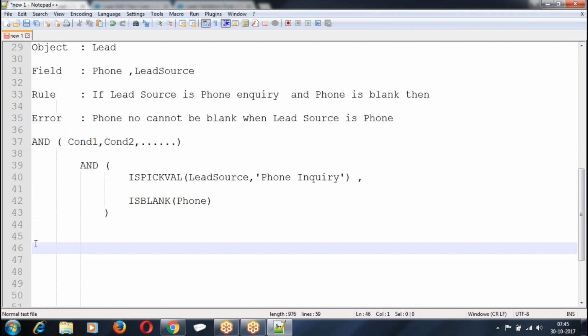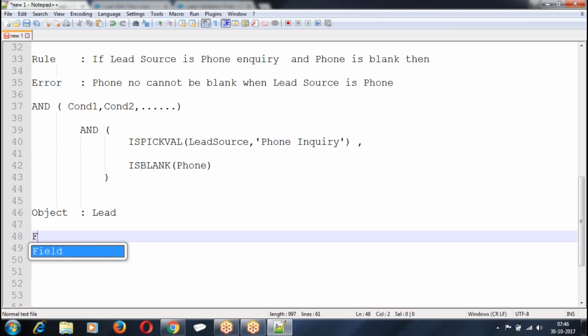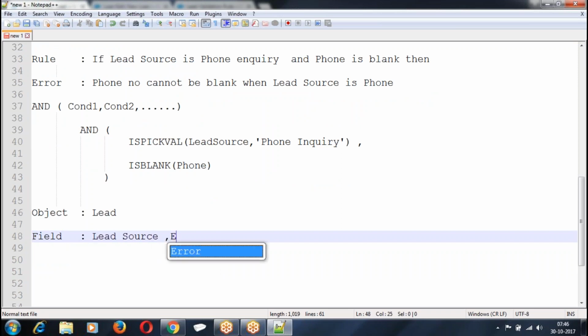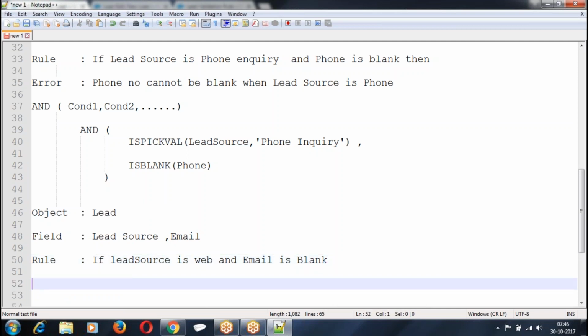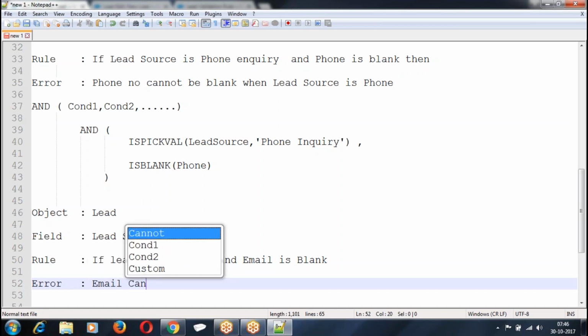Similarly, I have the next rule. Same field, lead source. Rule: if lead source is web and email is blank, email cannot be blank.